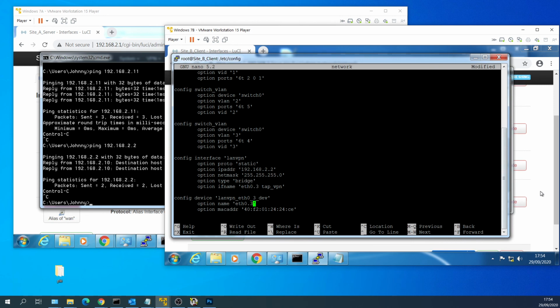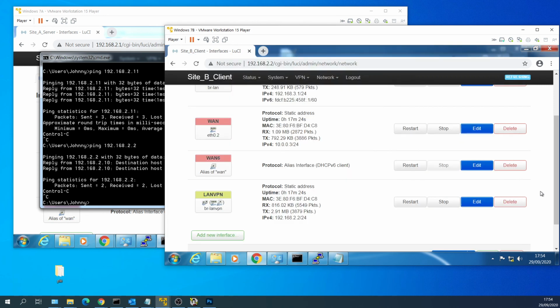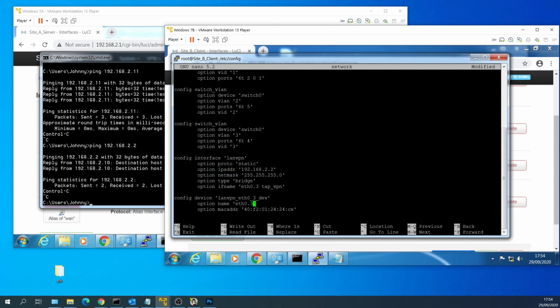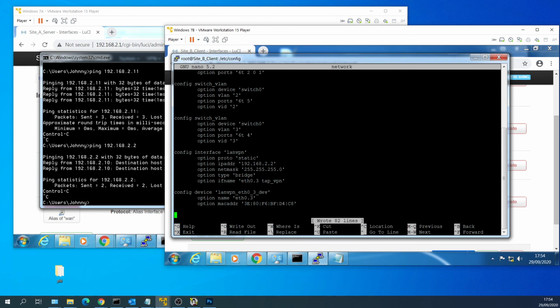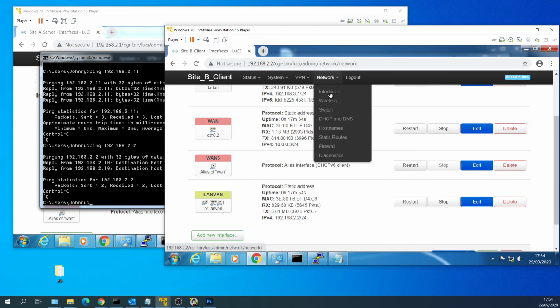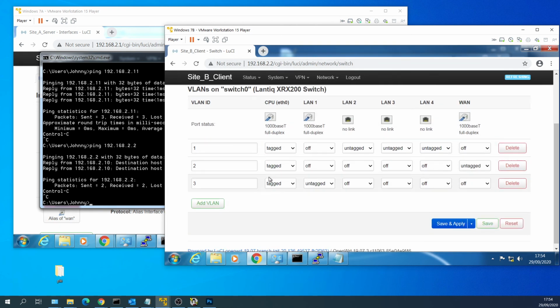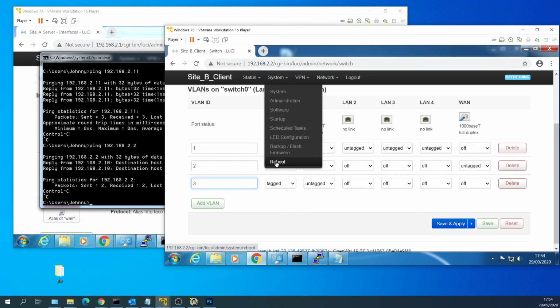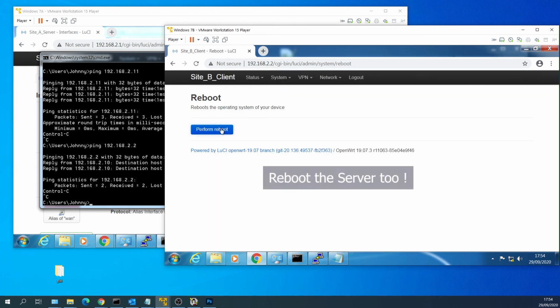Then if you just go back to the browser, back onto network and interfaces, and if you just get the MAC address of the LAN VPN and just copy that, then go back to PuTTY, then we just need to paste that where it says MAC address, and then we just need to do Control-S and then Control-X to save and exit. So yeah, just remember, I've just gone back to network and switch, there's that VLAN ID, so that was 3. So if we just reboot the client's router again,